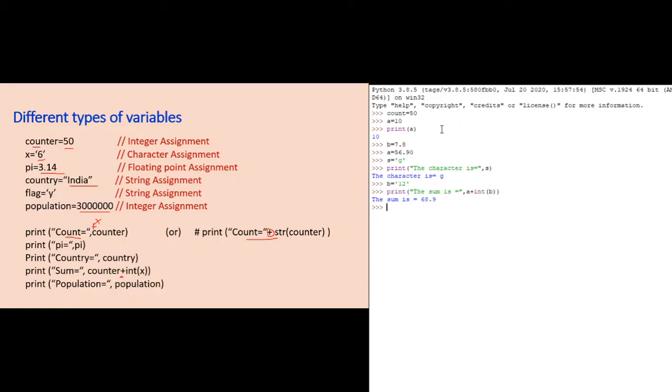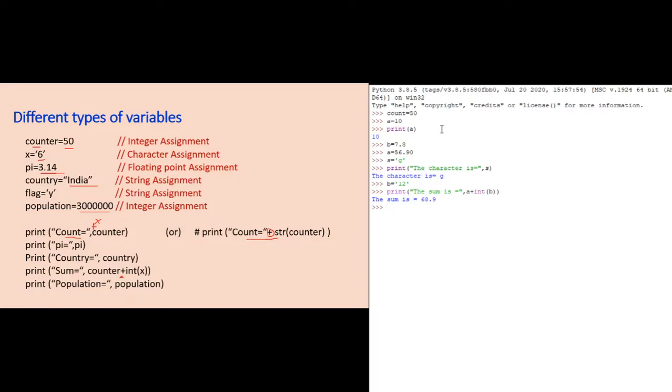So 56.9 and 12 are added. A is a float value and B is actually a string value, but now it is converted into integer and the result is being added.